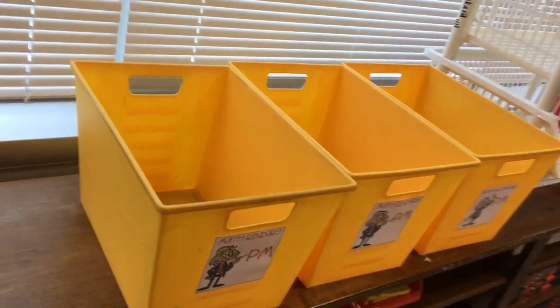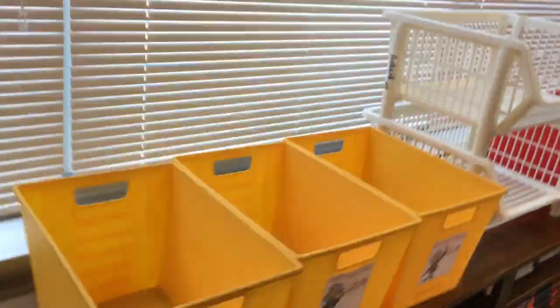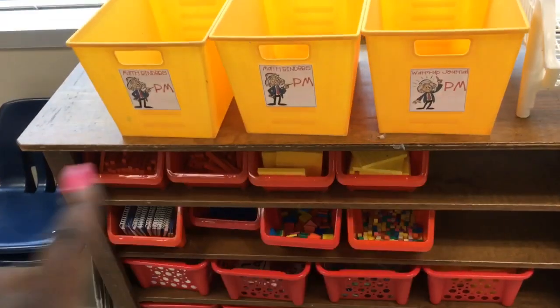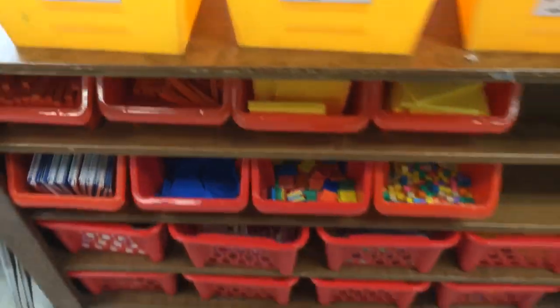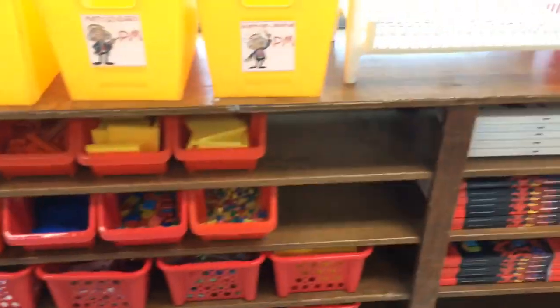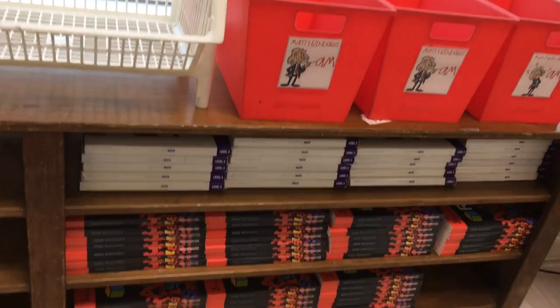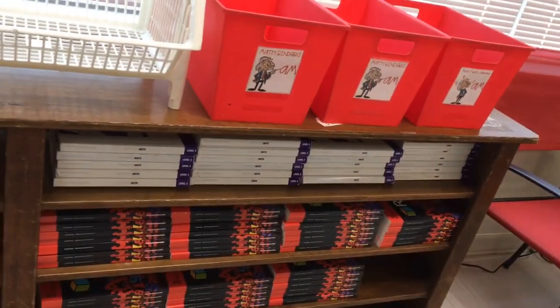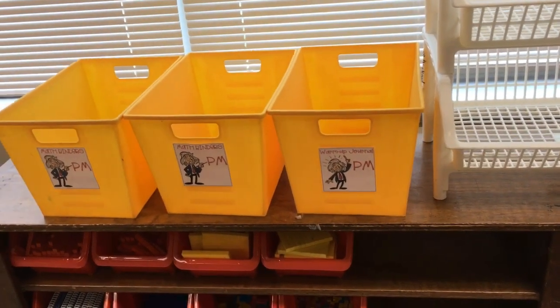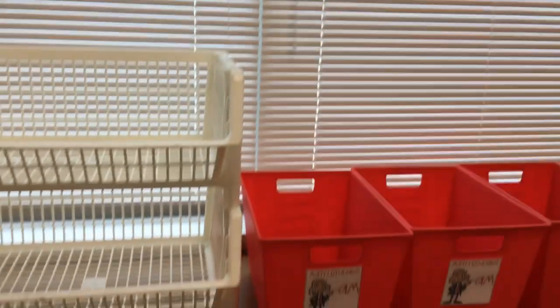So these are just manipulatives, and this is where their binders will go. And then here is just some math manipulatives that I keep on that shelf. Our math books that we use. I have 2 sets of books, curriculum books. I have 2 classes, so this will be bins for the PM, and then this will be bins for the